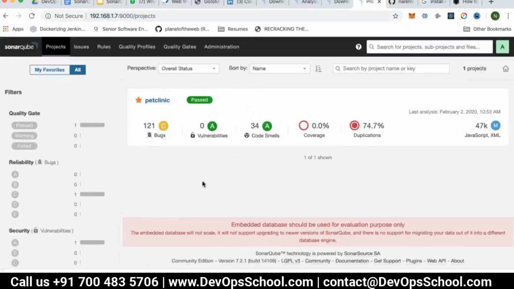So I have analyzed one project called Pet Clinic. This has 121 bugs with a level of C. It has some kind of levels for the bugs. It has a C level, 0 vulnerabilities, 34 code smells, and code coverage is 0%. Duplication was 7.4%. Totally, you have 47k, thousands of lines of JavaScript. Okay, and the last analysis was done